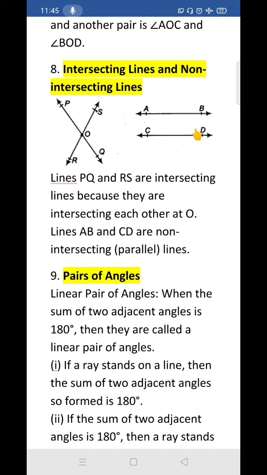So now here you can see these are called parallel lines. They will never meet, they will never intersect. You can see the distance between these two lines is equal. If you measure the distance from here to here, here to here, the distance will be the same every time, and they will not meet at one point. When you extend them infinitely, they will not meet. They are always equidistant from one another.